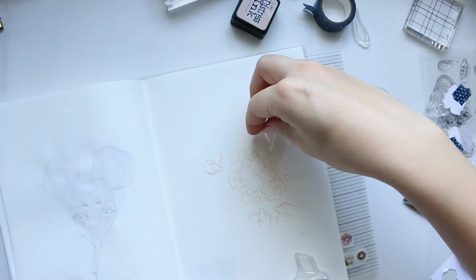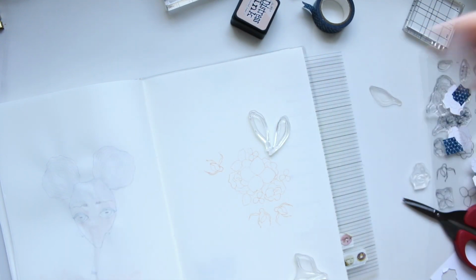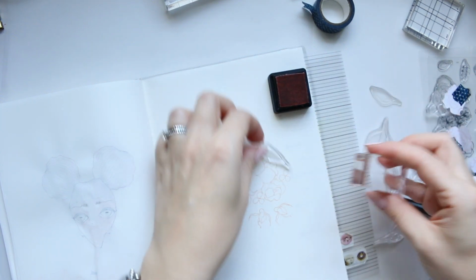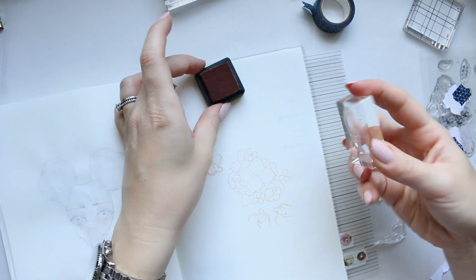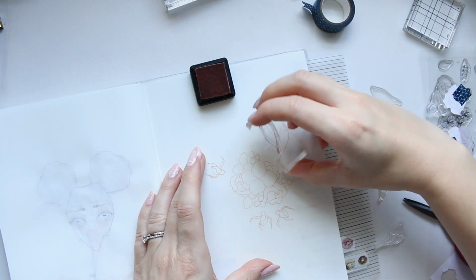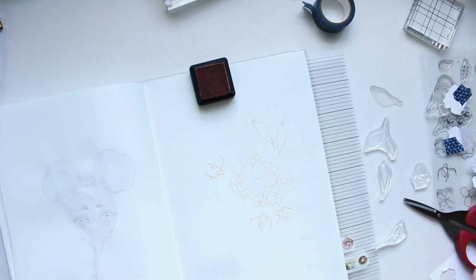I didn't use these ones, so let me show you how to also add a couple of these. Since we're at it, why not? So for these ones, these are great to also use as a building block. So I kind of feel like I want some height over here, and that's essentially what I'm going to create. You'll see what I will do later with this, but basically